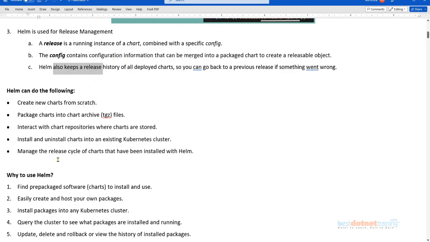So does this strike something in your mind? Do you remember doing something like that in Kubernetes? It keeps track of the releases, and we can go back to a particular release. Since we know what application versions have been installed, we can always roll back and revert to a particular version, maybe the particular working version of the application.